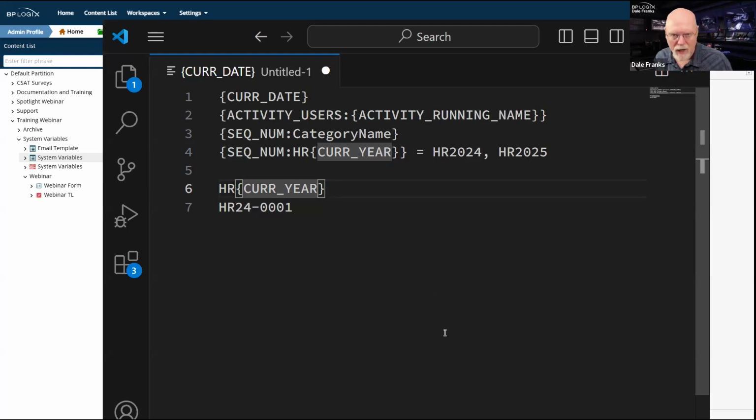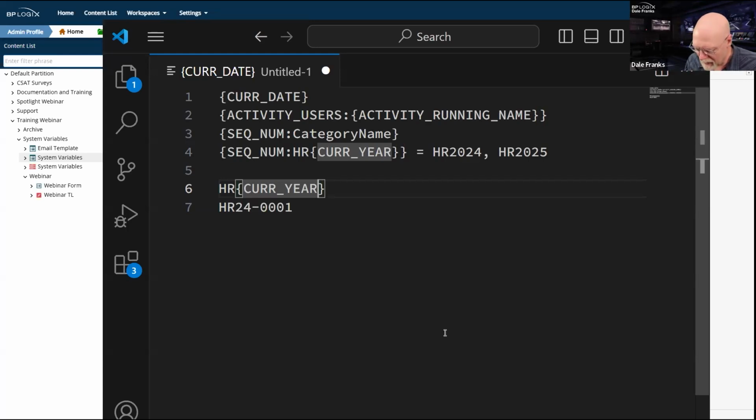There's an entire section in the system variables documentation that talks about these parameters and modifiers in various contexts. Plus, each of the individual system variable types have their own modifiers, which again, we'll look at in a few moments. For the current year, the most important modifier in this case is going to be the format modifier. Format is a very common modifier. We use it with a lot of system variables, and it can mean a lot of different things, as we'll see in a few moments.